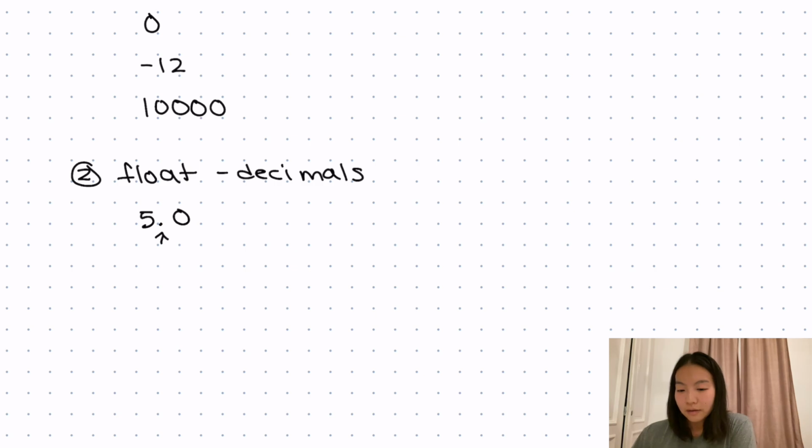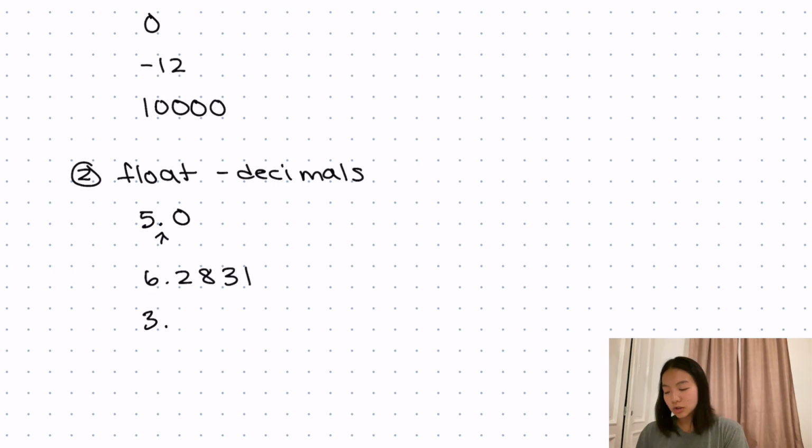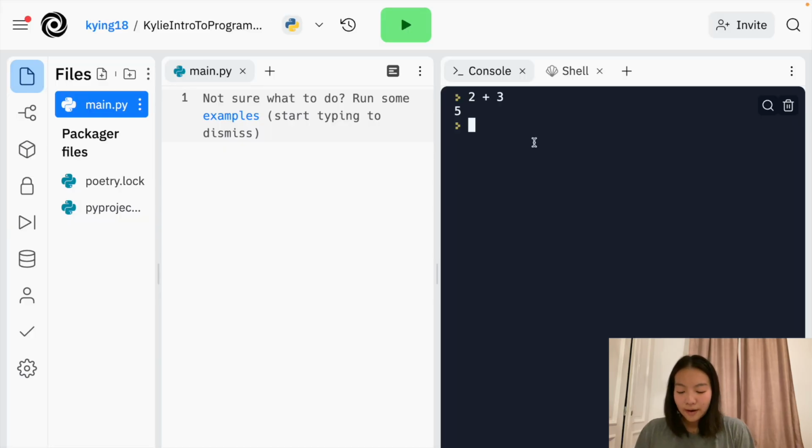If I have 6.2831, this is also a float. Or even if I just have 3 dot, now this is a float and not an integer. Okay, so if we go over to Replit, if I type 3 dot, you'll see that this gives me 3.0,